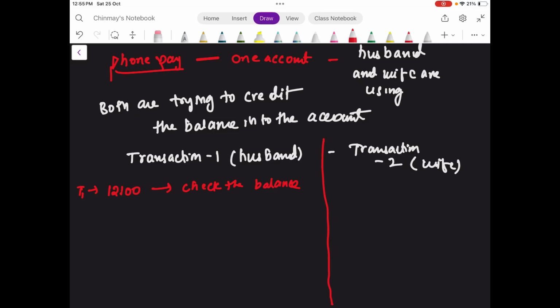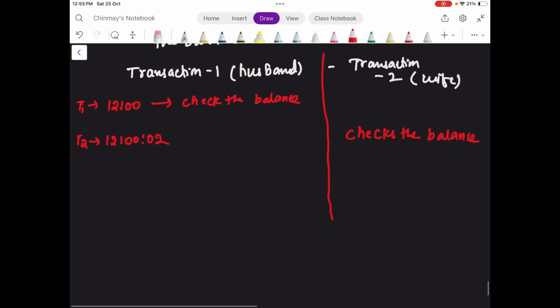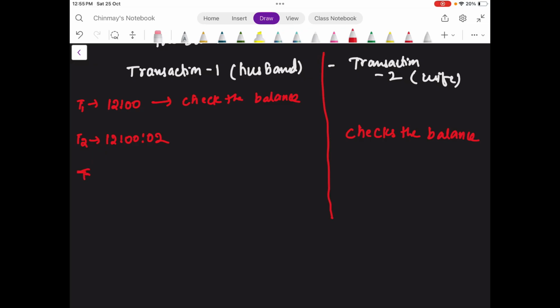At time t2, 12:00 and 2 milliseconds, transaction 2 checks the balance. At time t3, at 12:00 and 10 milliseconds,